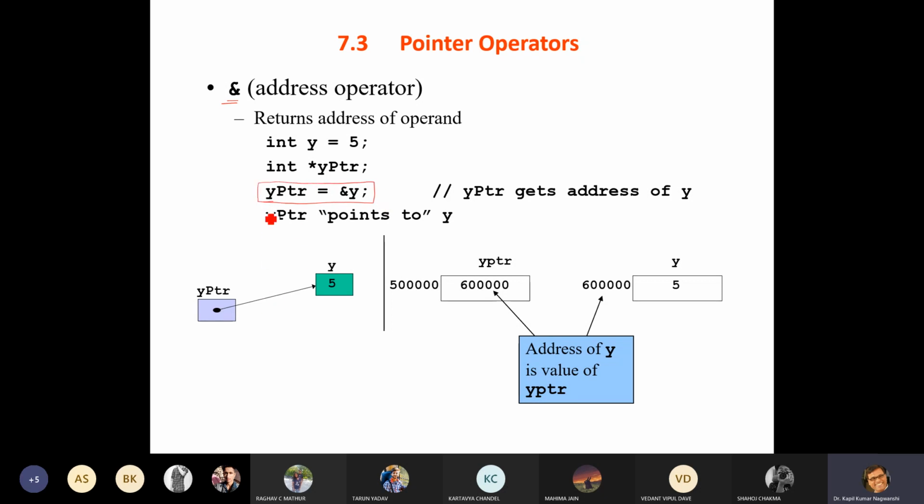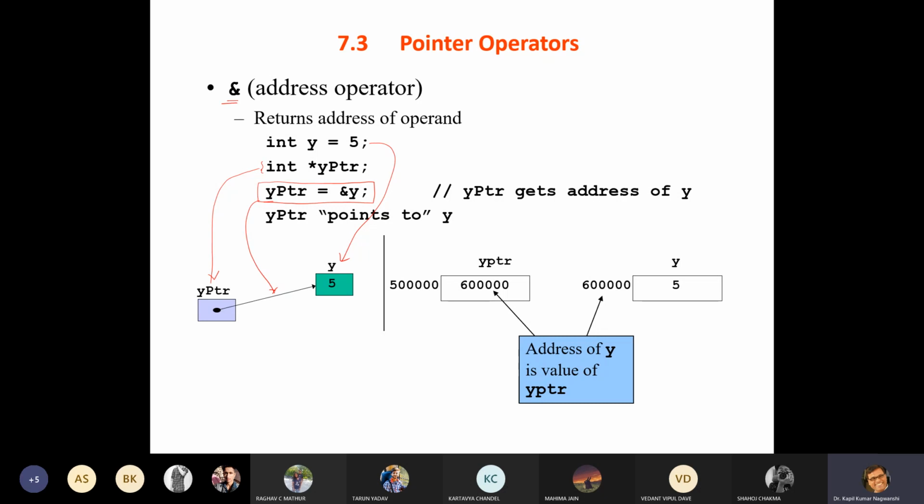Due to this particular thing, this will happen. Fine. So only declaration is done with the help of integer star y pointer, and y pointer equals to address of y. Whenever you are reading it like this, address of y, not ampersand y, then it is very easy. Now y pointer gets the address of y.